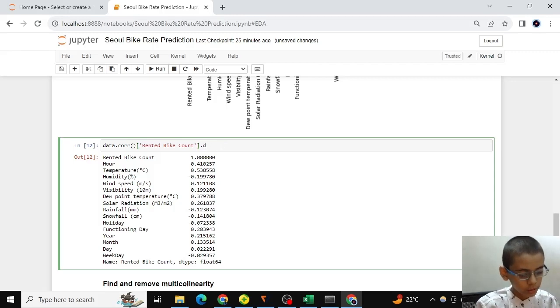Let's take a look at our correlation with advanced features, rented bike count, and sort our values, and put here ascending is equal to False.